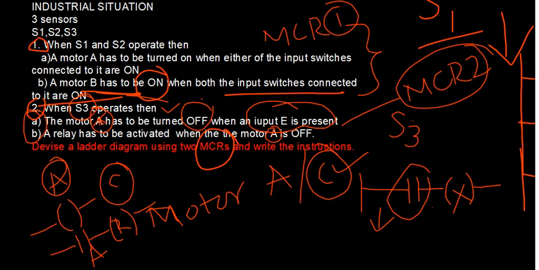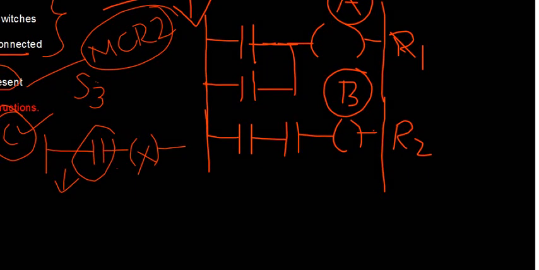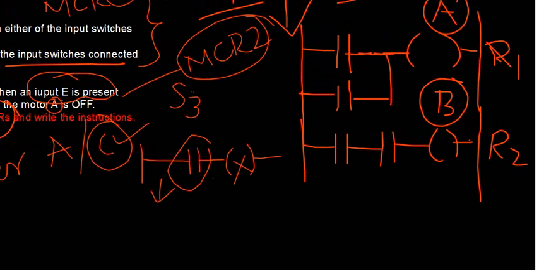So now the master control relay MCR1 here, in this case, is going to take care of only two rungs there, okay? So one with two switches coming in parallel and one output, another with two switches coming in series and one output. That's all, right? You will have to reset the master control relay MCR1. Then comes the role of the other master control relay, right, which gets activated by one more input sensor, that is S3, right? So there again you activate that master control relay and you take care of the remaining part of the rungs there, right?